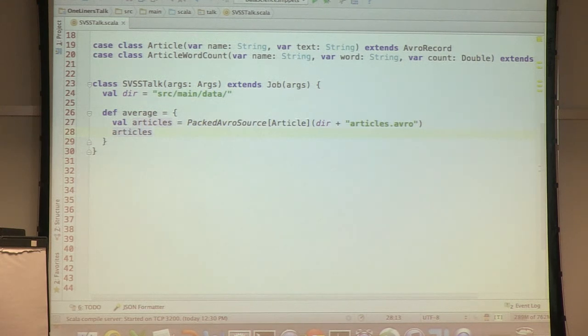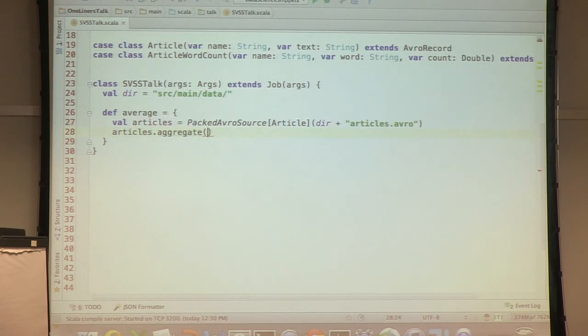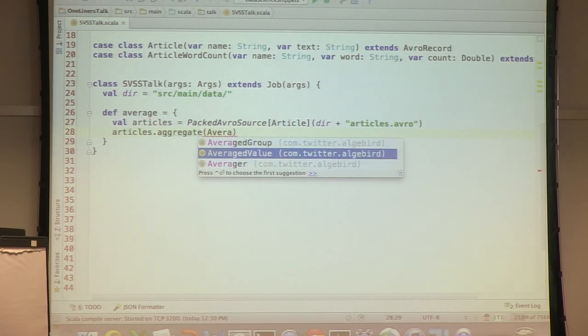The second thing that we can do is maybe have a tuple or some other intermediary object that we use for both summing and counting, and then when we finish, we divide one by the other. But since calculating average is something that is done quite a lot in Scalding, they have a function for it. So first of all, typed pipes have this function aggregate, and it gets something called an aggregator, and we'll see what an aggregator is in a second. And one of the aggregators is called an averager.